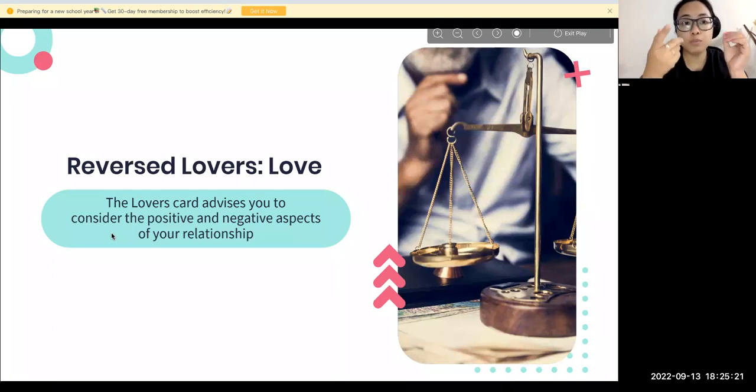Instead, what you can propose to them is to keep the positive and negative aspects of the relationship, maybe write them down, so that you see what is missing in your relationship. What is it that maybe that person is not seeing? Maybe the person is focusing too much on the negative energies and has forgotten the positive side of the partner, right? So you have to advise your client to consider both the positive and the negative aspects in the relationship.